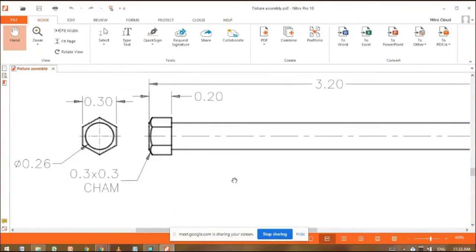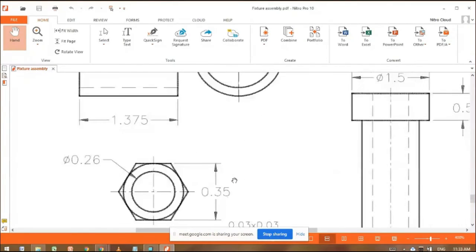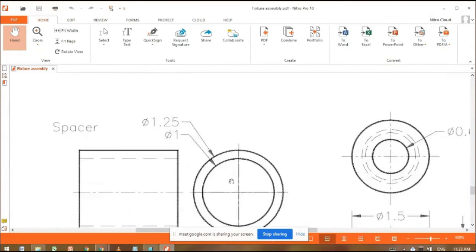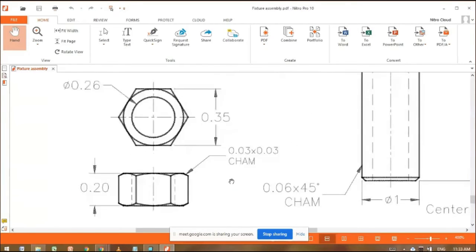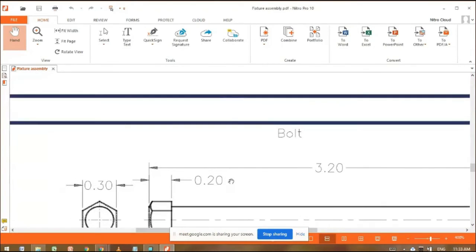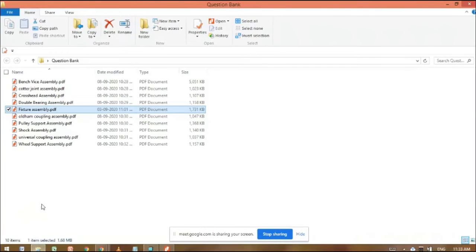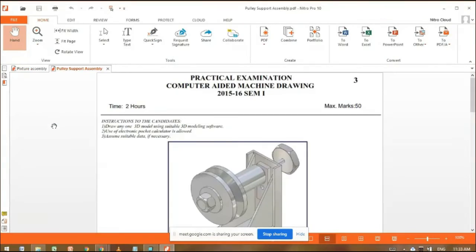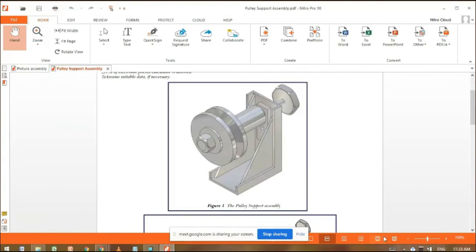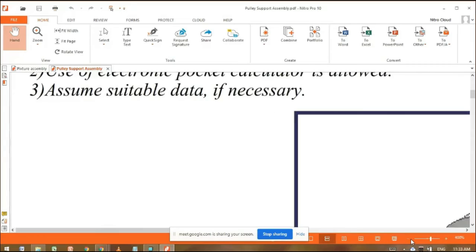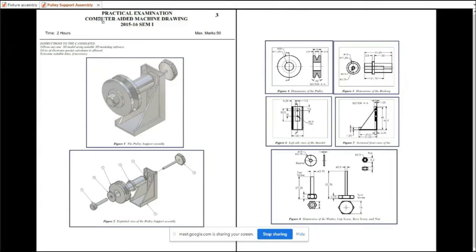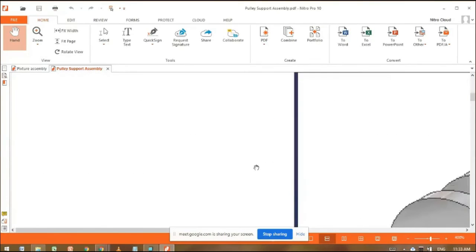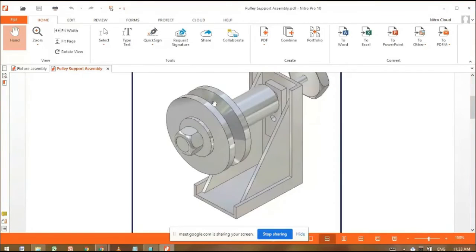Then save another part, pin, and here some parts are given. Okay, we can draw these parts by using the revolve command simply. I want to take another example. Suppose, in all the examples, the pulley support assembly. In the pulley support assembly, this fill we require to draw. There is a field, one field is given. This is the field, and we can draw this type of field by using the revolve command easily.